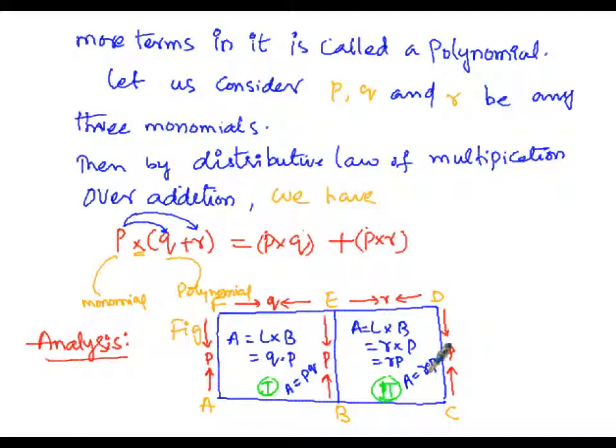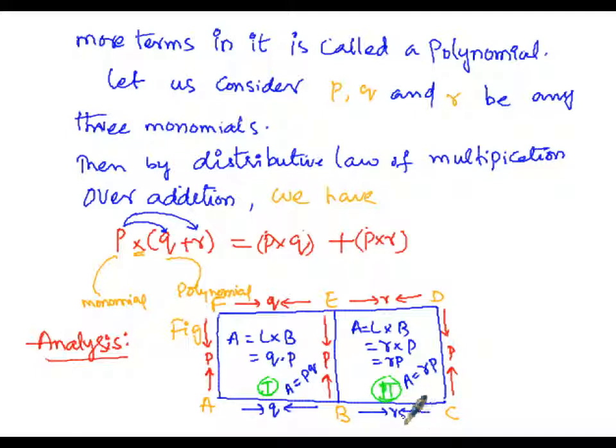Then now, here the total length of the rectangle. So here the total length from A to B plus B to C, that is AC, the length of AC is equal to AB plus BC, that is equal to FE plus ED, which is nothing but Q plus R. So here the opposite side of AB will be Q, and the opposite side to ED is BC, which must also be R.